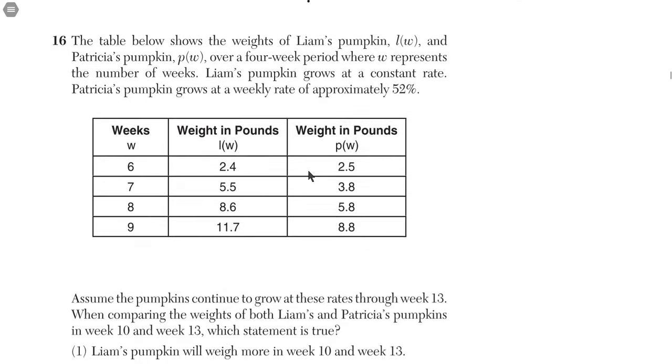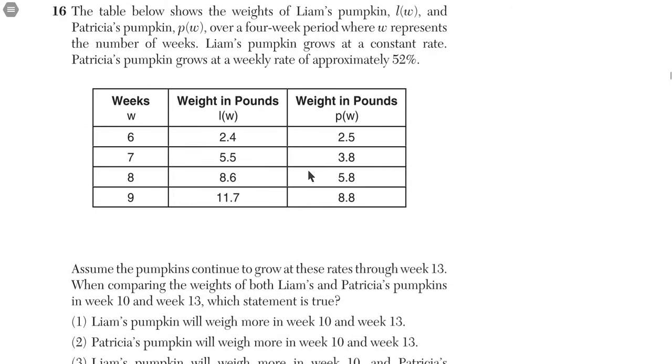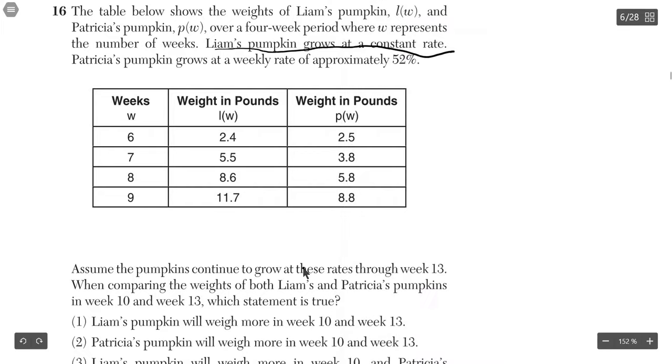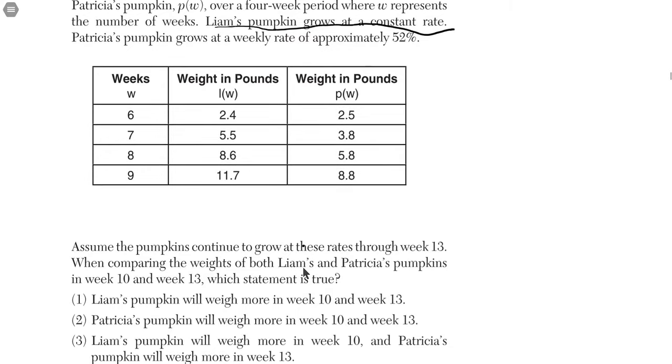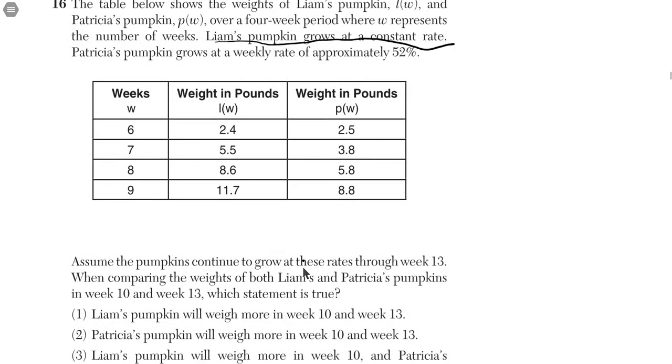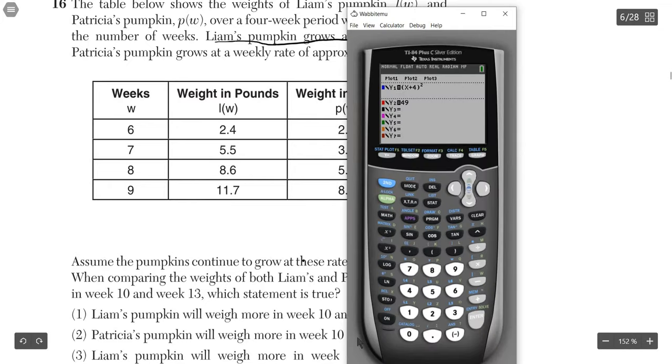Okay, this is a little bit of a hard one, not too hard actually. They told us that Liam's pumpkins grow at a constant rate. That means that it's going up the same amount each time. Now, to see how much it's going up each time, just if you want to see the choices, really should have a separate test paper, but okay, so it's going up the same amount each time. To see how much it's going up each time, just subtract